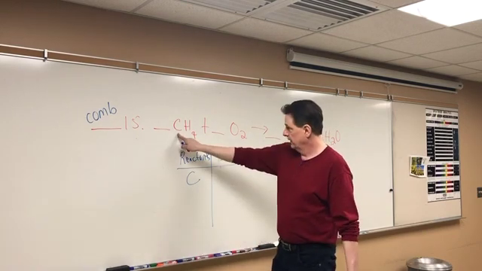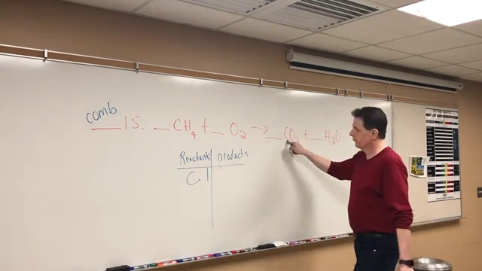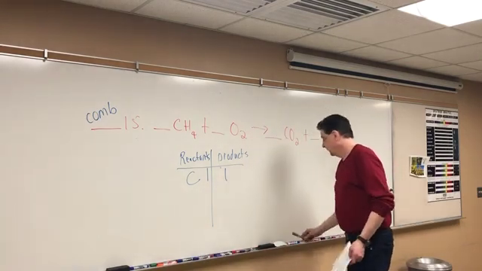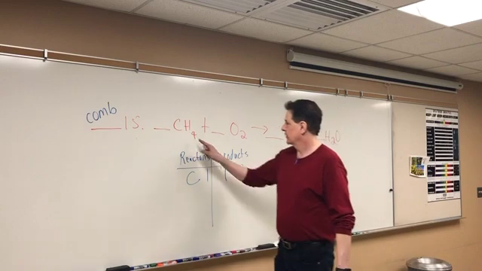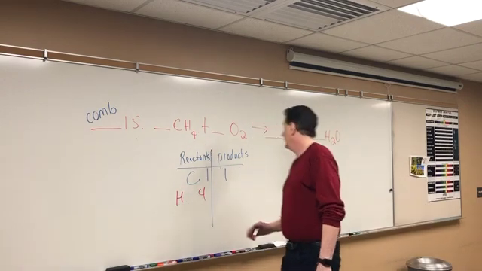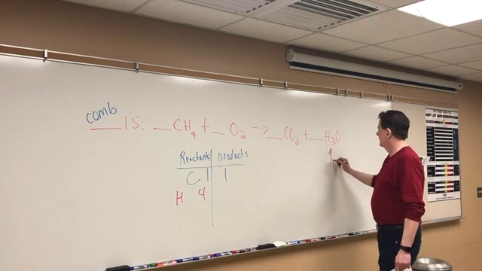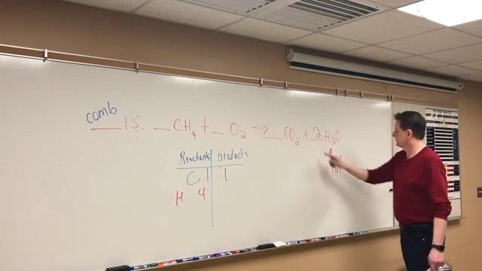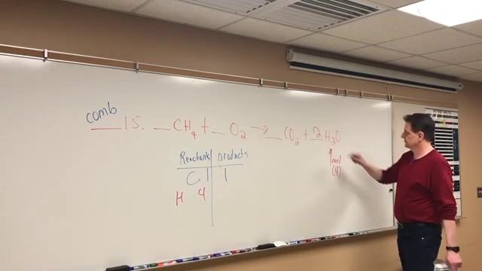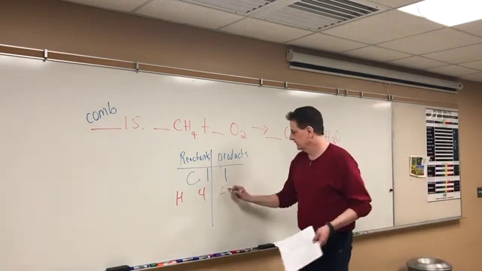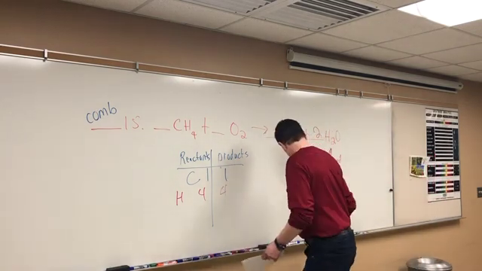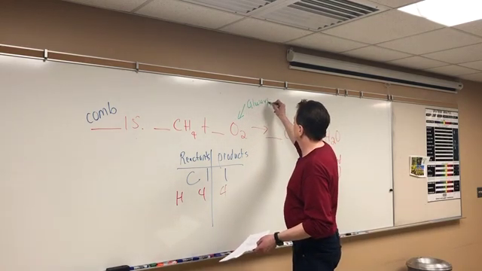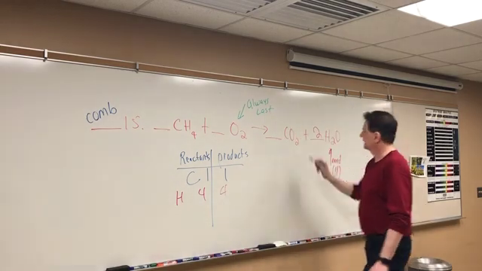We're going to start with carbon. Carbon, we have one here, we have one here. No need to fix the carbon. I can put the blue one down. Okay, next up, I'm going to fix hydrogen. So hydrogen, I've got 4 here, and I'm going to come over here, and I've got 2. But what I need is 4. 2 goes into 4, 2 times, or 2 times 2 will get you 4, coefficient times subscript. So hydrogen's fixed. And like we said before, the last one, this O2 is always last, because I need to count the O's on my